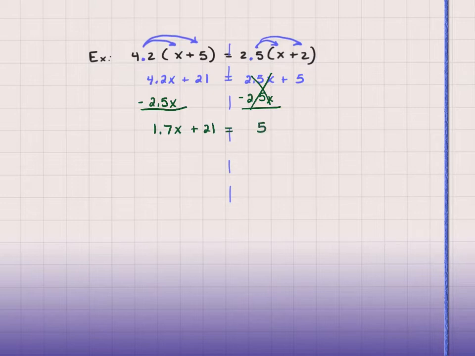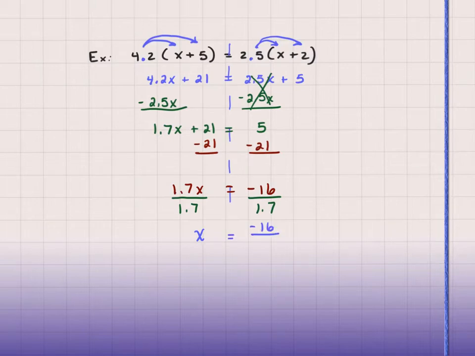We remove any numbers from the left-hand side, anything that doesn't have an x, so we'll subtract that 21 both sides. 1.7x equals 5 minus 21, negative 16. And lastly, we'll undo that 1.7 times x with divide by 1.7. 1.7 over 1.7 is just 1x equals, and this negative 16 over 1.7 is a terrible answer